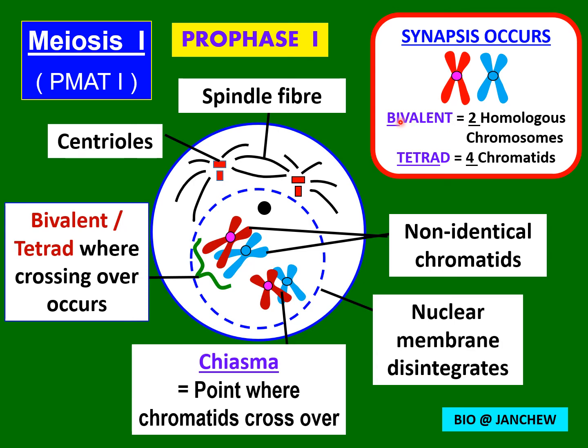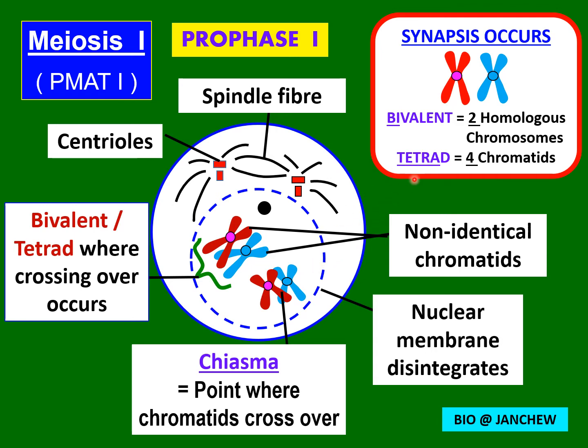Bi meaning two, so two homologous chromosomes together, pairing up together. Or they are also known as a tetrad. Tetra means four, because there are four chromatids together. Alright, so either bivalent or tetrad. So next,